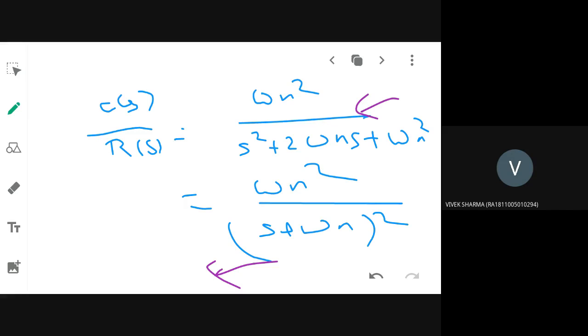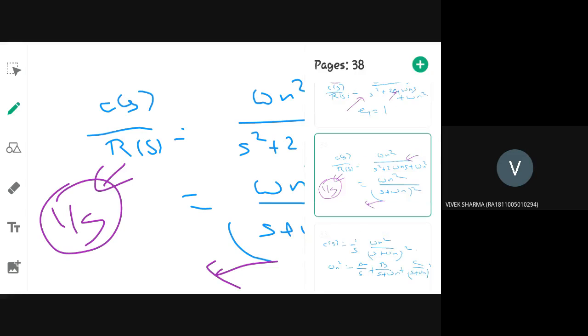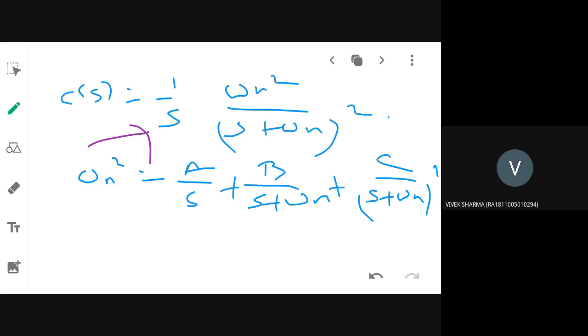Okay, now again you have to apply partial fraction expansion. So A divided by s plus B divided by s plus omega n plus C divided by s plus omega n the whole squared, you will be using here, by substituting R of s is equal to again unit step, 1 by s. Okay, derive the answer and tell me. As usual, partial fraction expansion I have to take. I have to find out the constants A, B, C, substitute them, take inverse Laplace transform, find out the response. That's all. Do it as self work and tell me the answer.